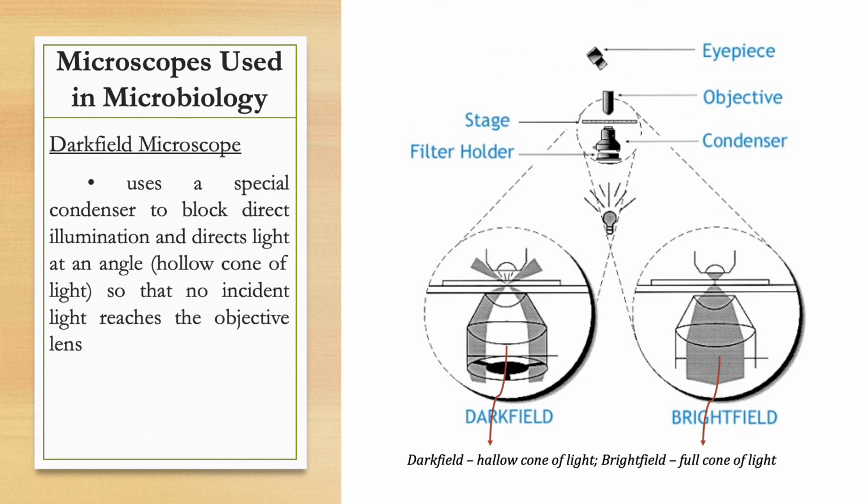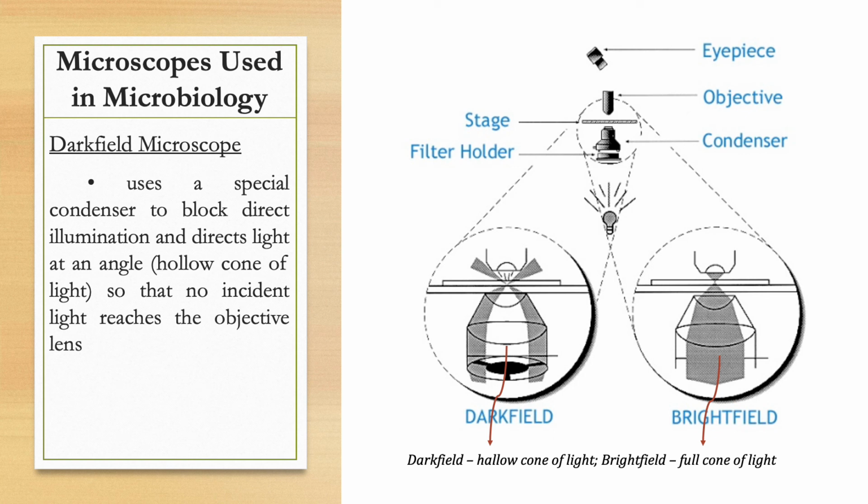Next, we have the dark field microscope. This uses a special condenser to block direct illumination and directs light at an angle so that no incident light reaches the objective. Right? So you can see that on the left side of the figure, you have the special